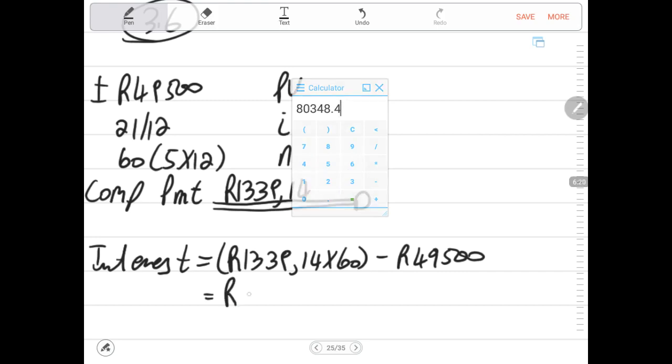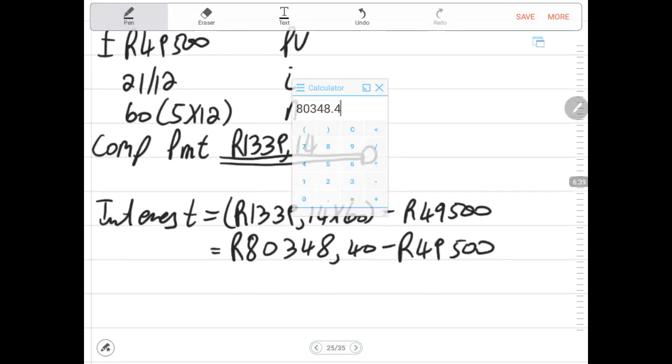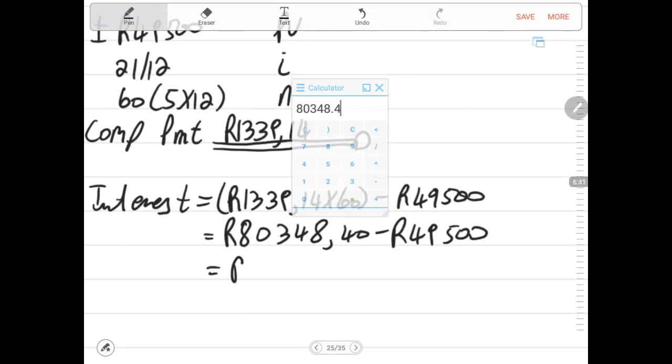Do you see how much he is paying? He is paying 80,348.40. We can see that he is paying too much. Over the period of 5 years, he paid 80,000, yet he was owing 49,500. This is what is happening in our current generation. 30,848 is the interest that the bank has generated over the period of 5 years,